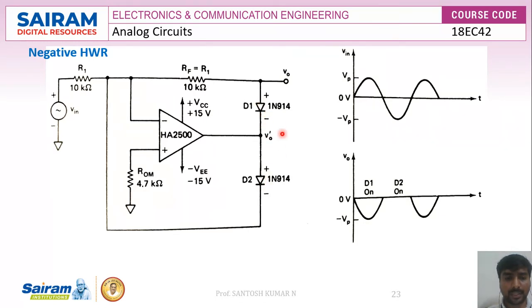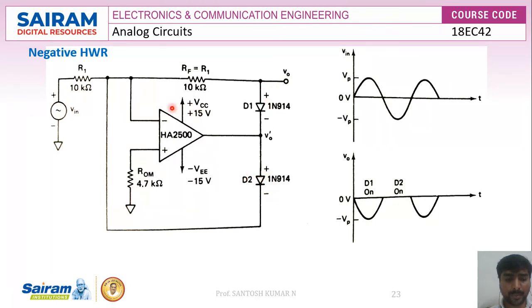This minimizes the response time and increases the operating frequency range of the op amp. In the previous circuit, it was taking more time to respond to any variation, and the frequency of operation was also less. In order to increase the frequency of operation and the response time, we go with a two diode model.